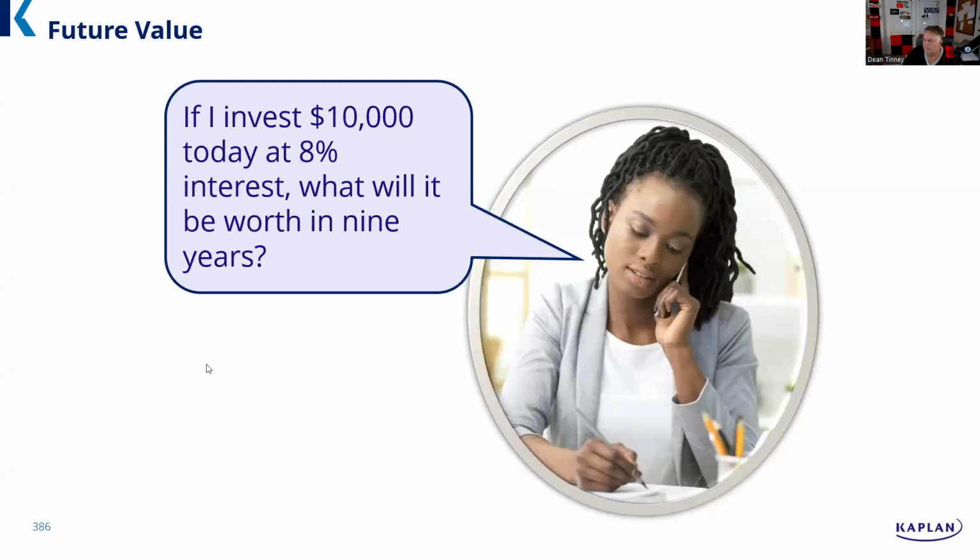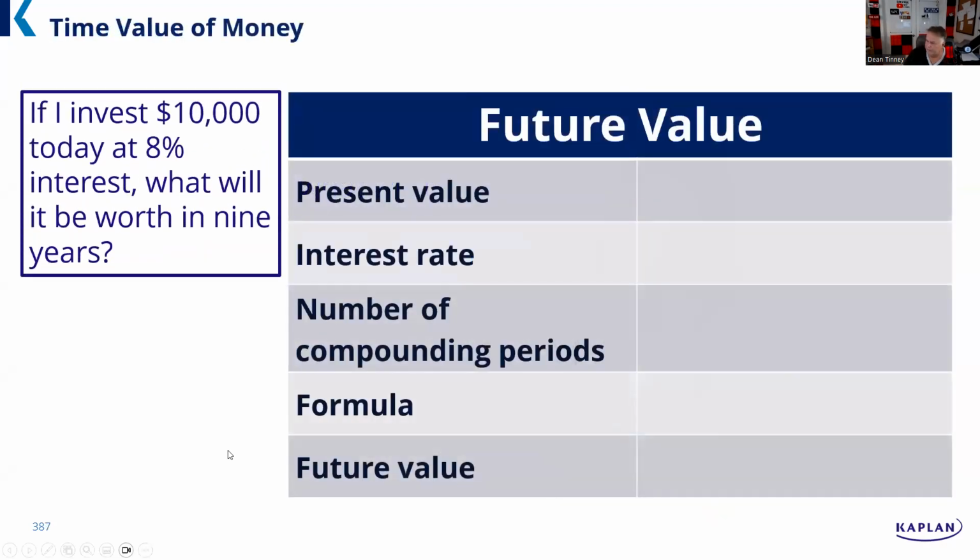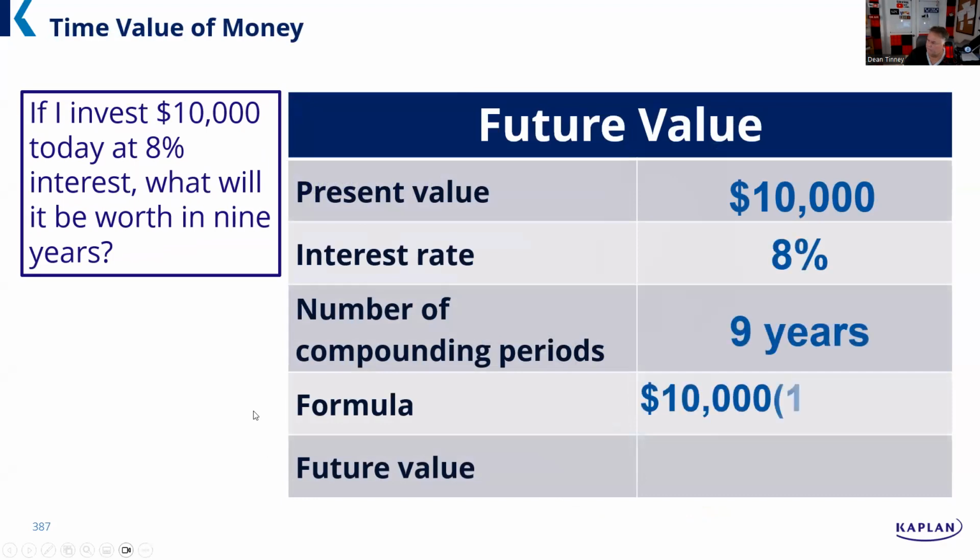There we go. So if I invest $10,000 a day at 8%, what will it be worth in 9 years? And so we say, okay, well, what would that be worth in 9 years? We plug in the formula. Again, it's the inputs and the outputs, not can you do the math. So $10,000, we're assuming 8%. Number of compounding periods, 9 years. We plug that in and we say, boom, you would have